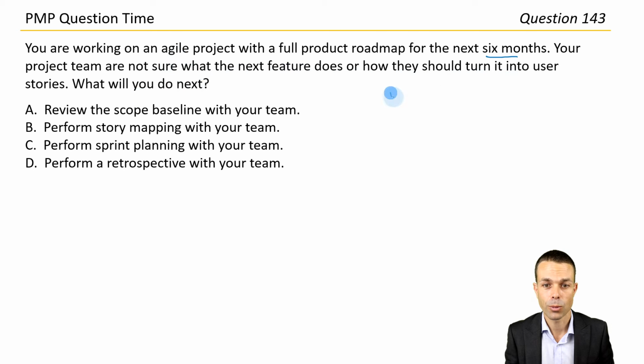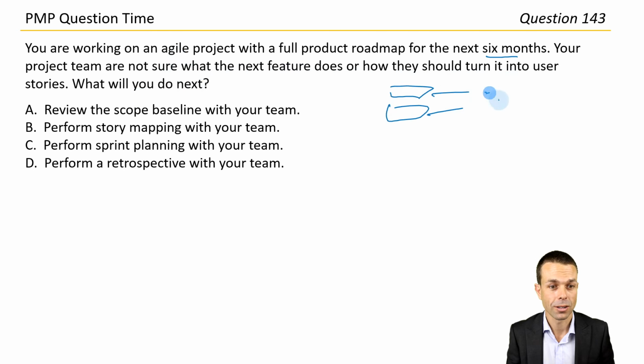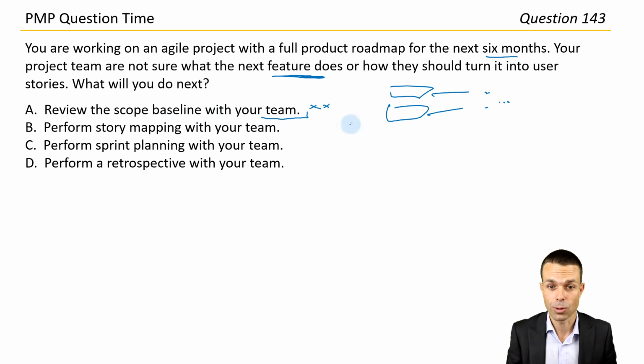Okay, so we've got a product roadmap of features. How do we turn that into user stories? And we're not sure what the feature does as well. So that is a clue, I think, for us. Review the scope baseline. The scope baseline would just sort of, maybe not on an Agile project either, so I think that's not a great answer. Story mapping with your team is where we take the features, we break them down into usable parts,